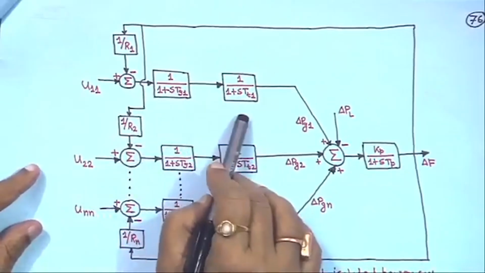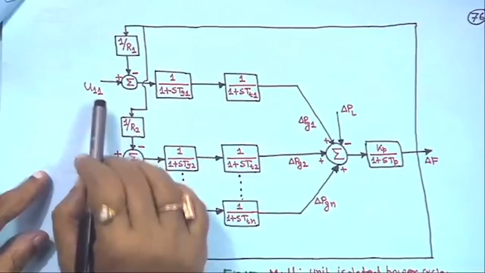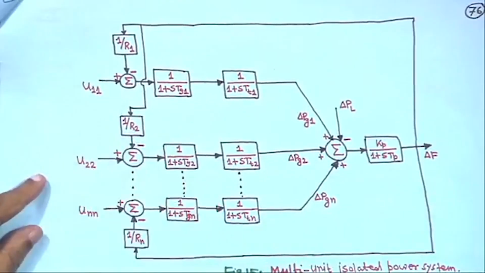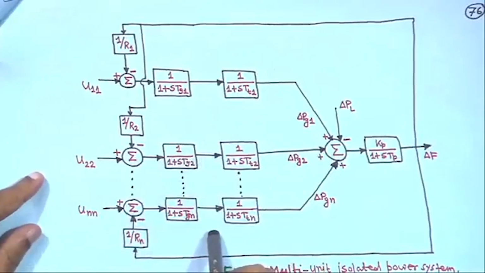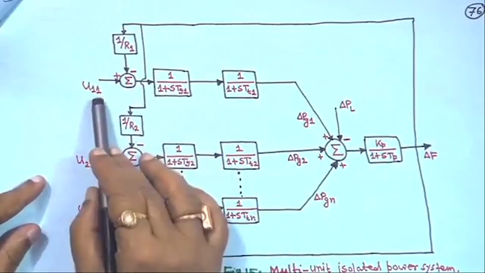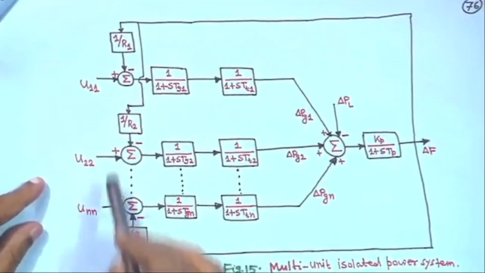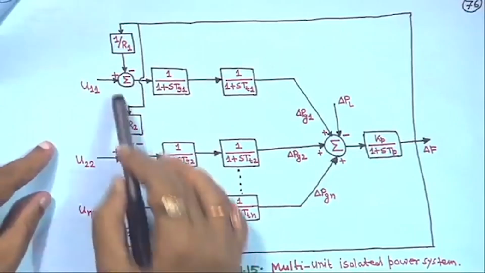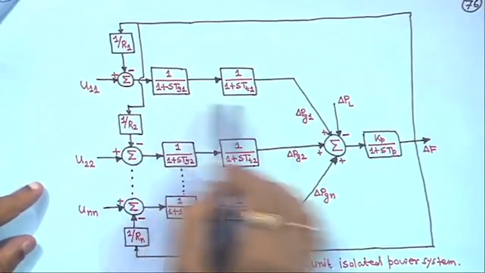So it has been taken like this. Earlier, for the isolated case, only one U was there, but now you have so many units. So the input to each unit is U11, U22 up to UNN. What U11, U22, UNN are, we will see later. Now all this plus feedback, and now from here